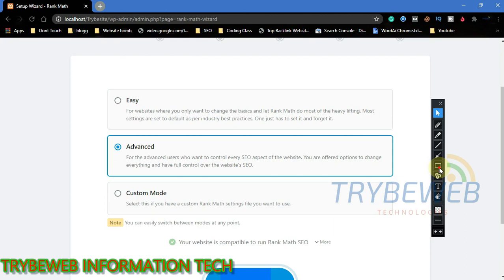So follow the settings, try to set it up, but your SEO, or how you rank on the Google search engine, solely depends on you. Rank Math is just a plugin that guides you or helps you. It doesn't make you rank #1 for anything. If everyone is using Rank Math, how can everyone rank #1? So just follow these settings, try to understand Rank Math, look for the best SEO that works for you and